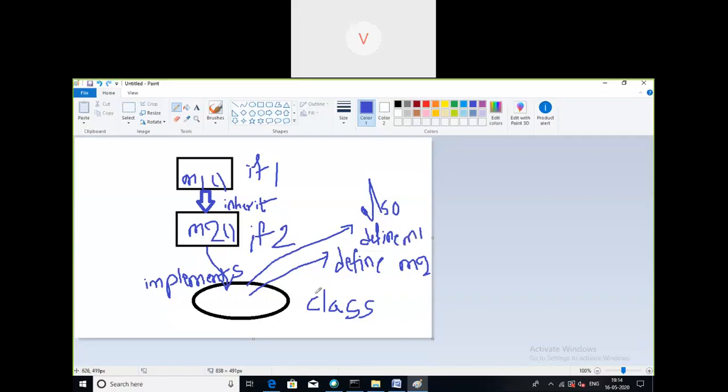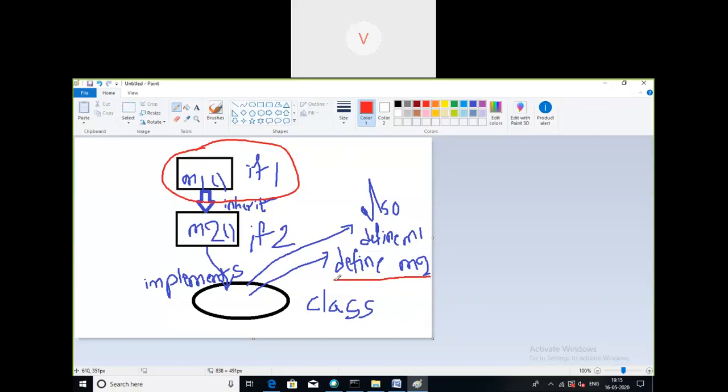See here, even though this class is implementing only interface 2, because interface 2 is having only M2. Assume if this inheritance is not there, then only defining M2 will be sufficient.